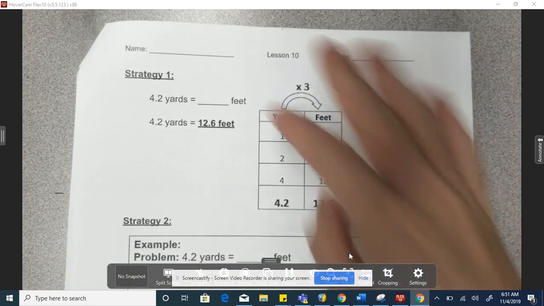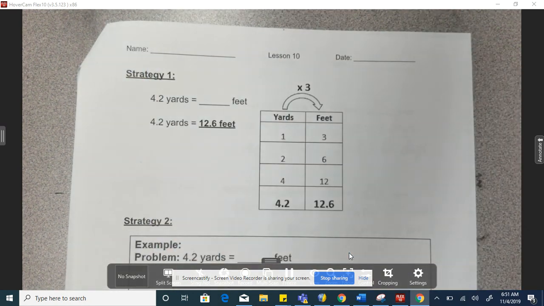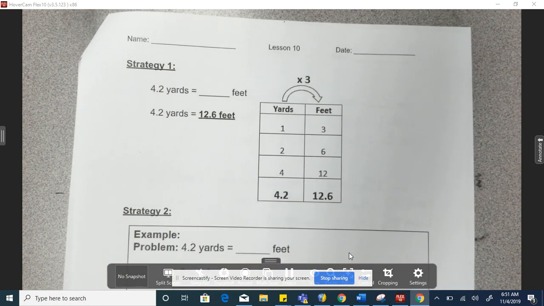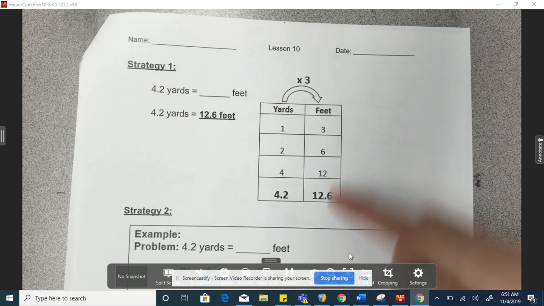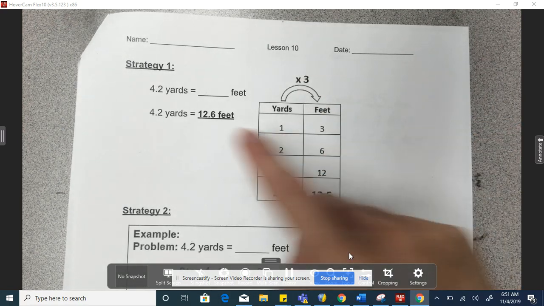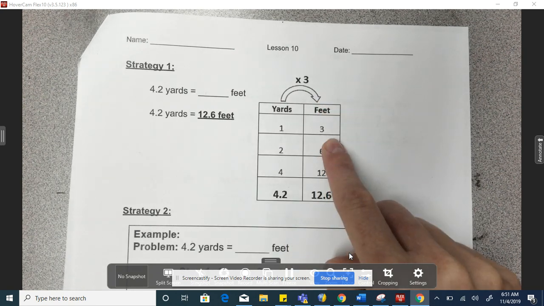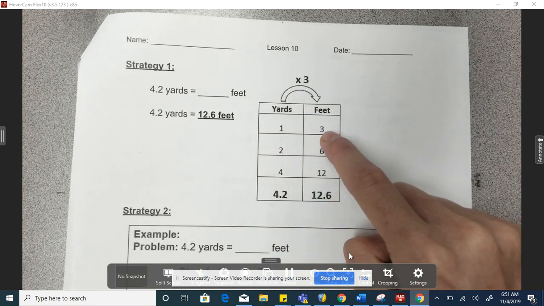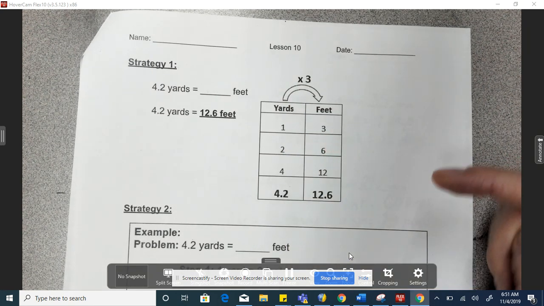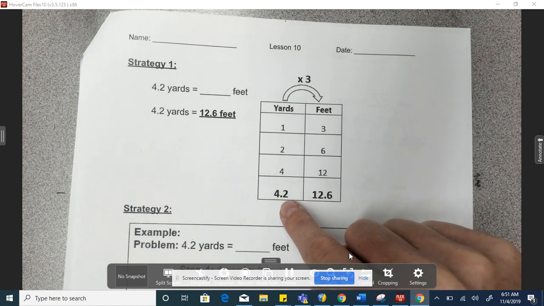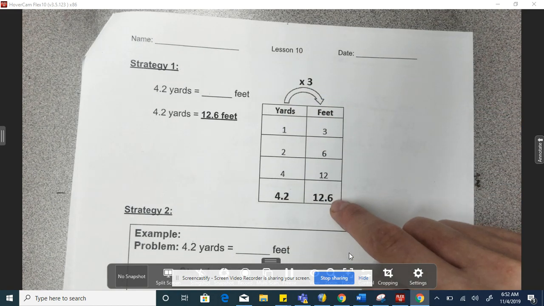Once again, on the back page, you do not have to do anything at all where it says strategies. This is just to help you remember. If you are converting using our chart or a table from yards to feet, we know for every yard there's 3 feet, so I'm going to multiply 1 times 3. That's going to help me because then I can multiply 4 and 2/10 times 3, and I get 12